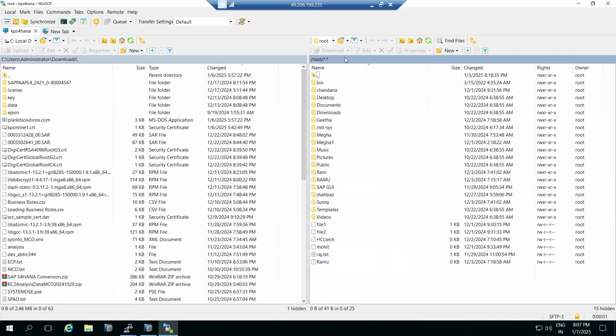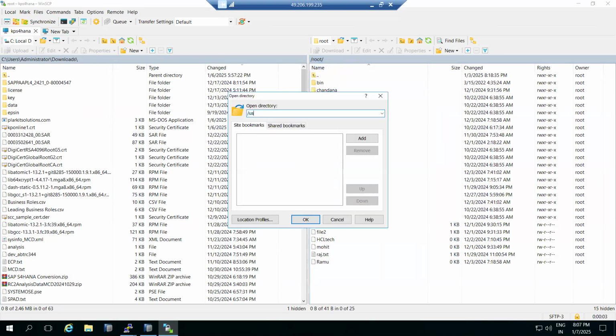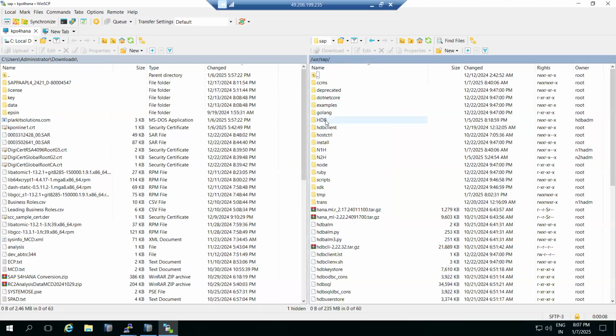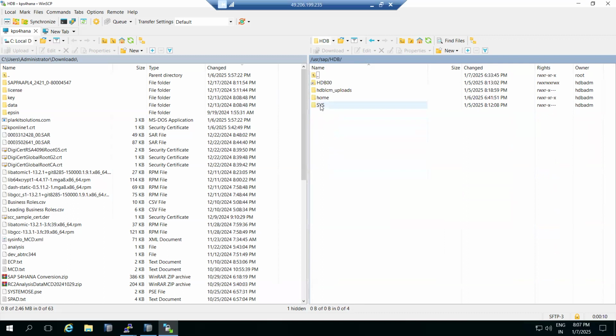Okay, the SSFS keys will be there in /usr/sap/SID/SYS/global/security/rsecssfs. These are the keys here. You have these two keys here. So what I am going to do now,